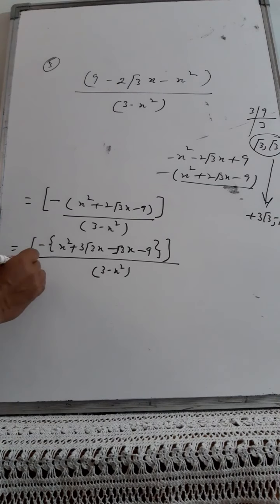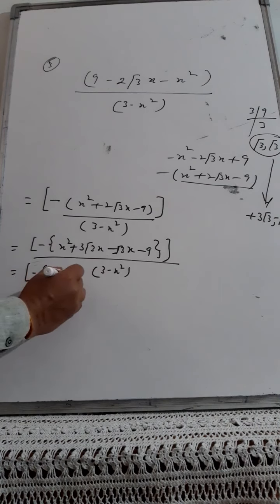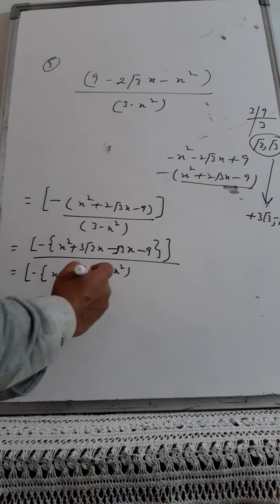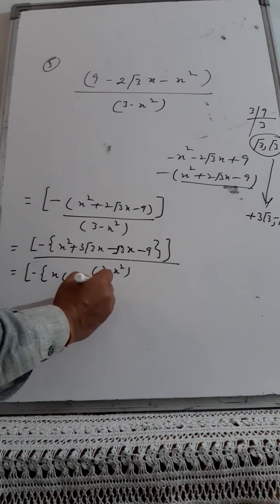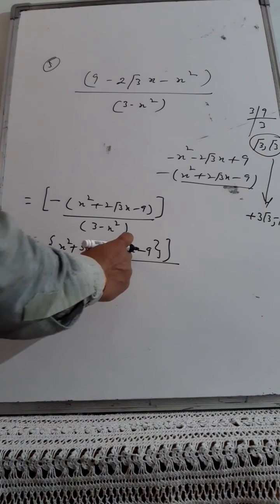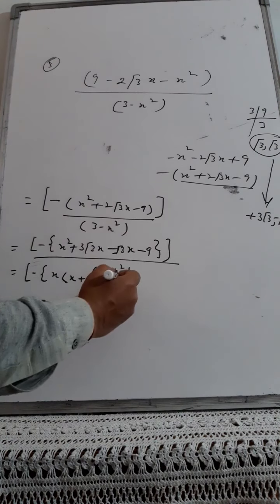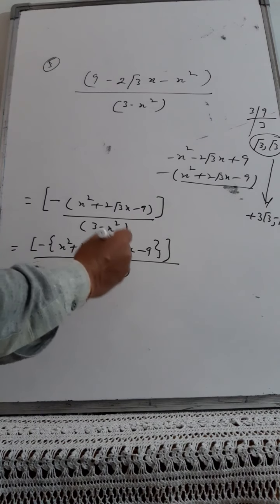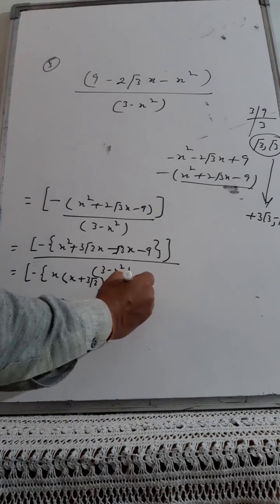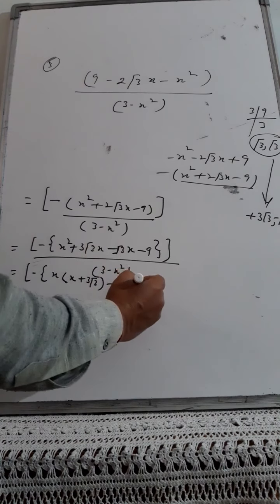Now minus is out. In the first two terms, only your x is common. So what will you be left with? x plus 3 root 3. Here you need x only, so you take this minus root 3 common. If you take minus root 3 common, here it will be x only, and this will be equal to